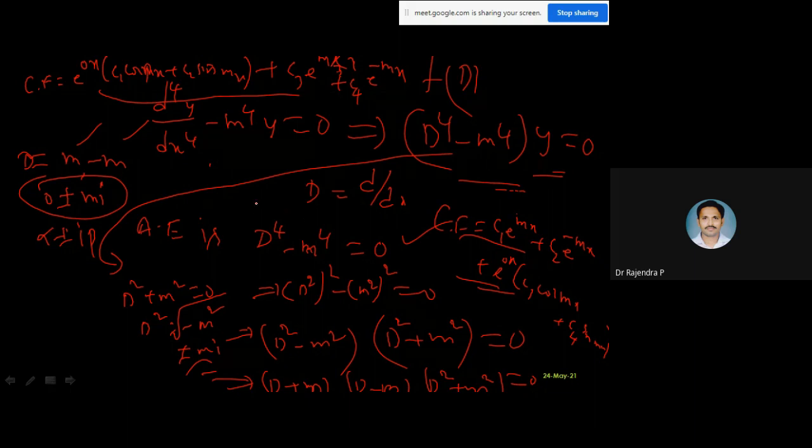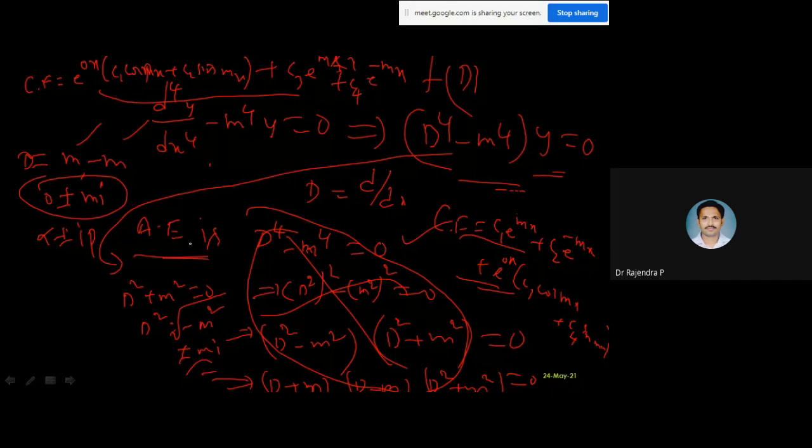And this entire procedure, whatever I wrote, need not be shown in your examination. I'm telling you, directly you may get those values. You may get the roots, plus or minus mi, from your calculator itself. Of course, when these are variables, you may not get it. Usually when you have a number, you will get all those roots directly. So once we get the roots, based on the roots and their characteristics, we have to write the solution. Keep that in mind, right?